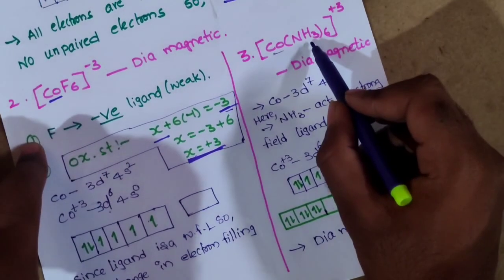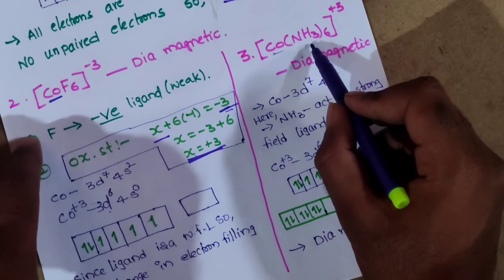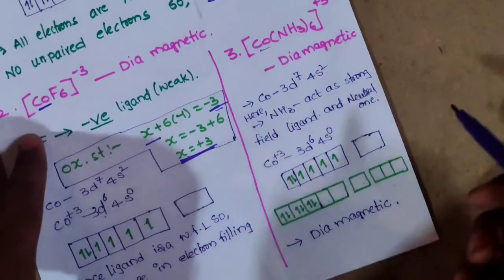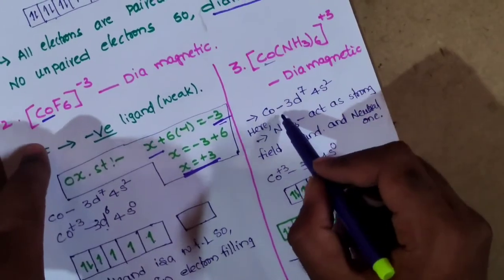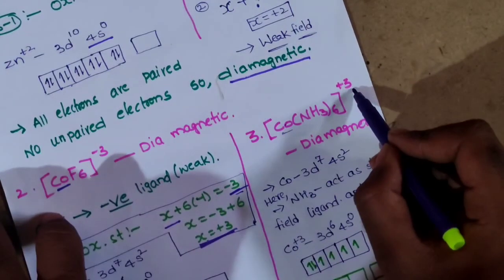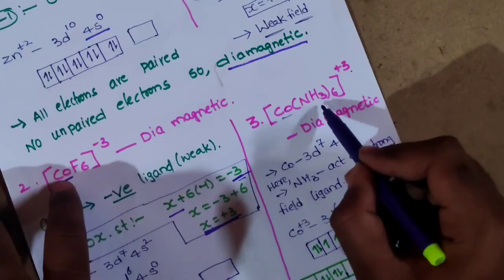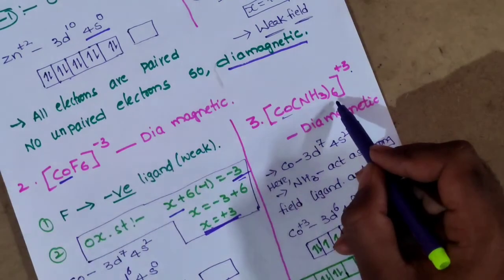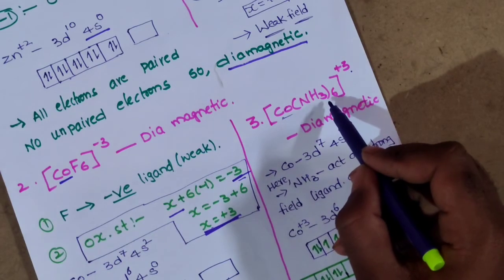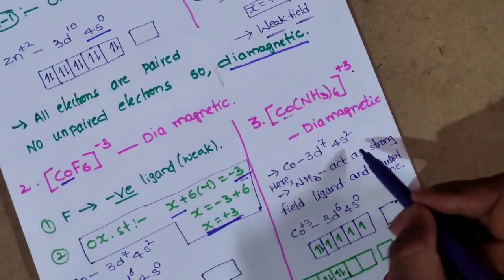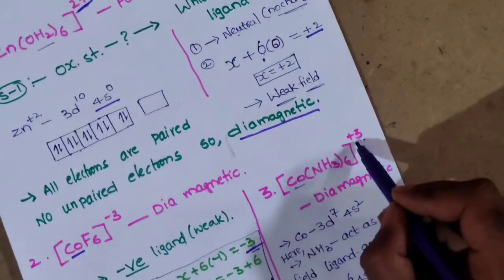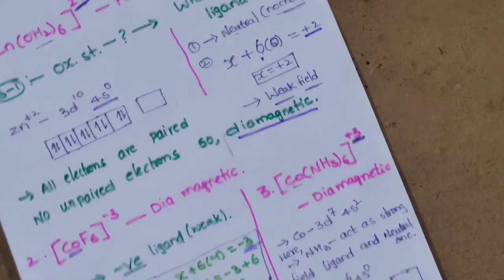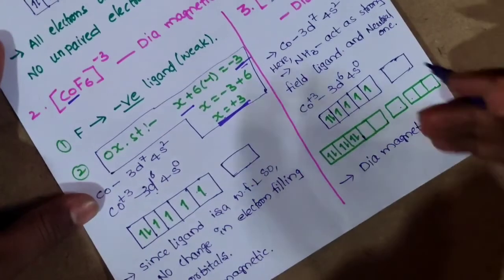But when it comes to the strong field ligand, here the amine is a neutral molecule having 0 charge and it acts as a strong field ligand in the case of cobalt. So the oxidation state of cobalt is now +3, because the ligand has 0 charge. So 6 into 0 becomes 0, since each amine is 0. So cobalt is +3, because the charge present on the complex is +3. But when it comes to orbital electron filling,